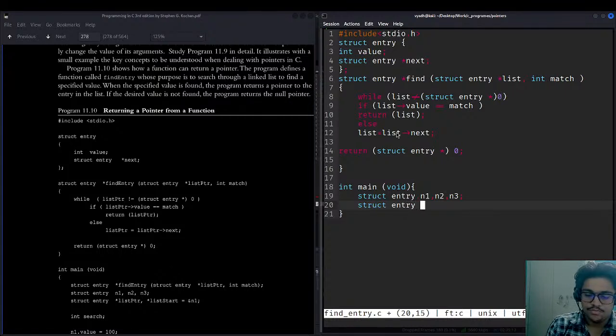So we need a list, and also we need to initiate the start of the list. So list start, and it will be starting from n1. Now we'll be searching and search.